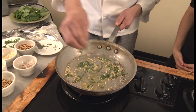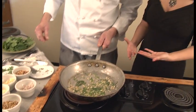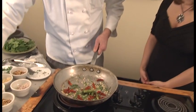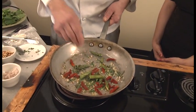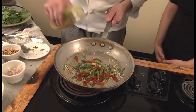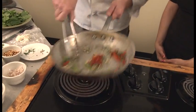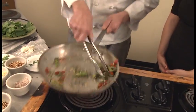And some green onion. Now you know all of your guests at the Ramada Inn are going to expect this whenever they come for dinner there. Well, this will be on my new menu at the Ramada. So we've got some roasted red peppers, some asparagus spears, a little more oil. I always like to use as little olive oil as possible. There's enough to coat the